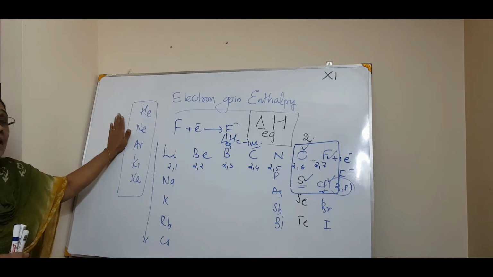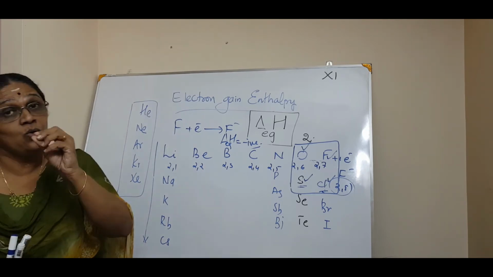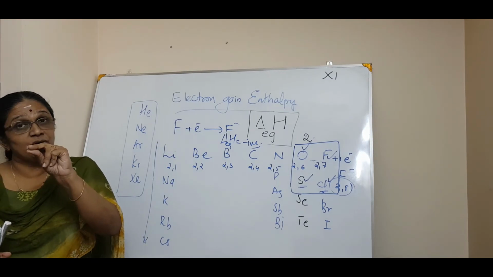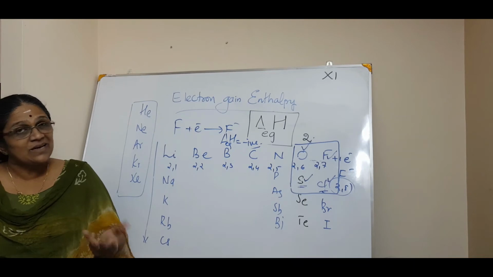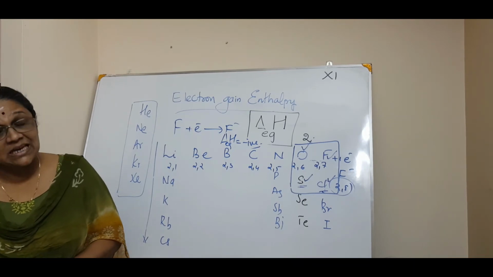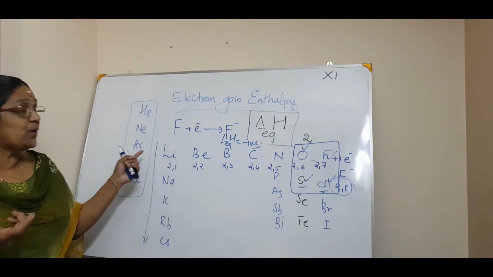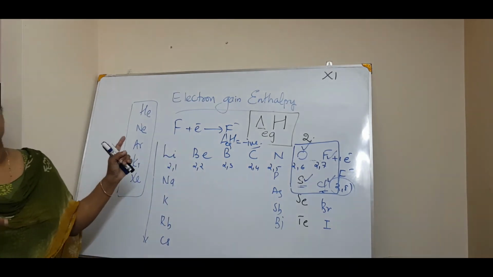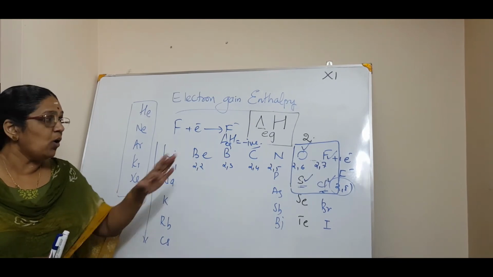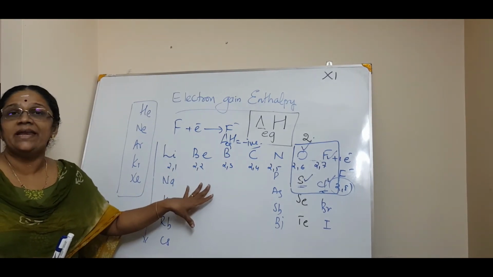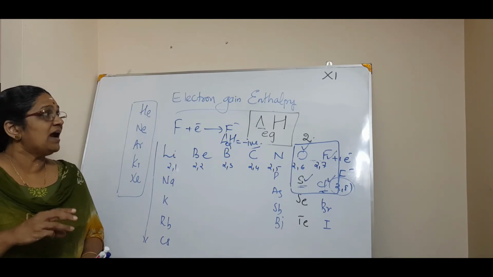That is, you can see it in the noble gas elements, because it is very difficult to add an electron to a stable configuration, because all these have an octet configuration, which is a well stable configuration. So in a stable configuration, if you add an electron, it will be unstable. In that case, you have to give energy, that is, it will have a positive electron gain enthalpy. Now, hope you understood the electron gain enthalpy. Now we will have the third thing.